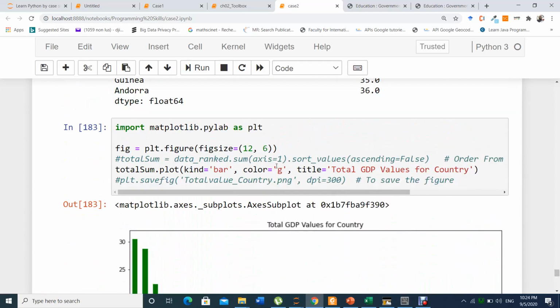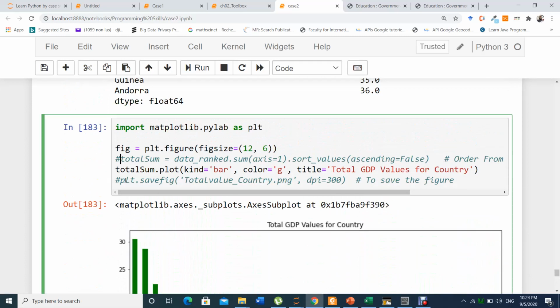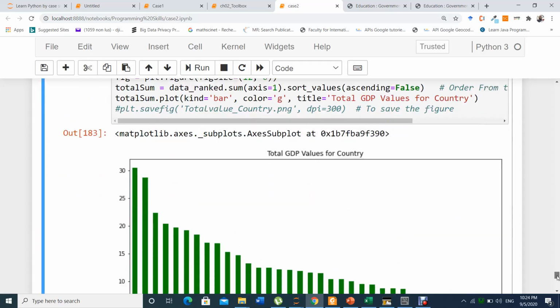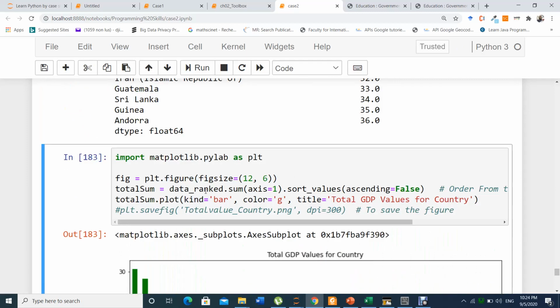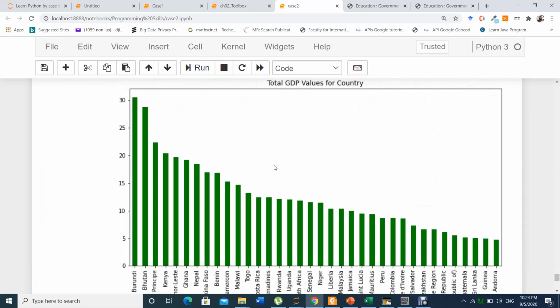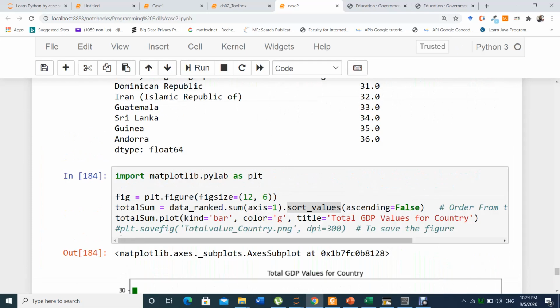And if I want to rank in a specific order, for example from the highest to the lowest, it's important to put this in, because you're going to sort the result from the highest to the lowest. So when you run it, you see.